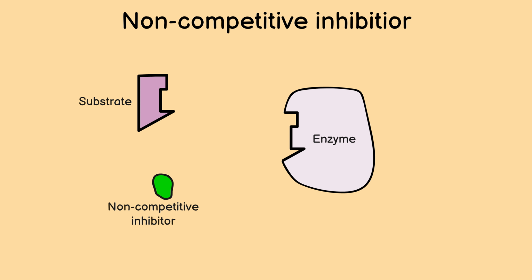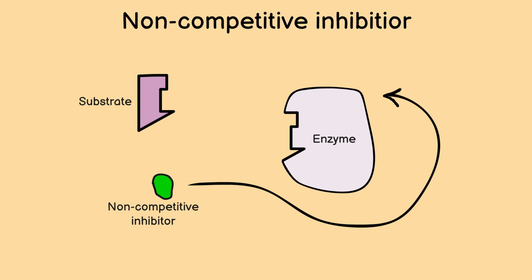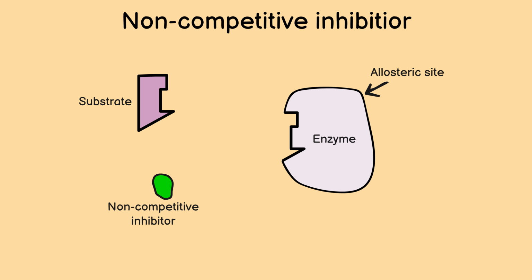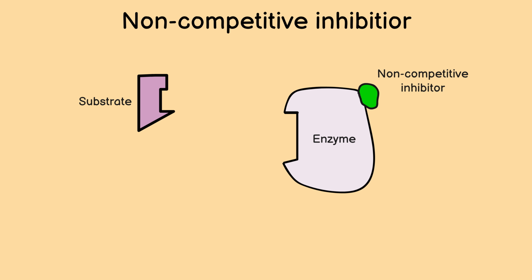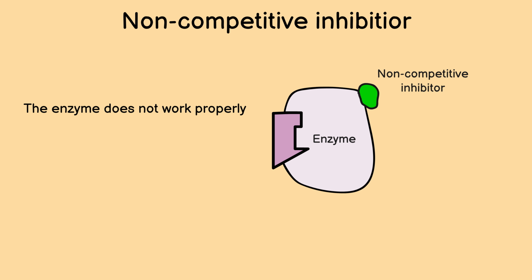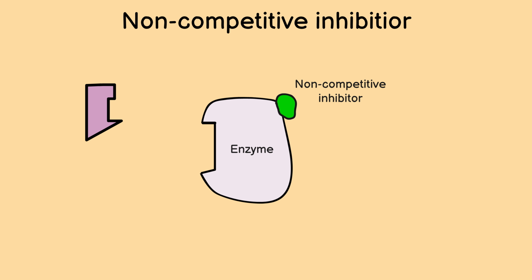Next, we have non-competitive inhibitors. These don't compete for the active site. Instead, they bind to a different site on the enzyme called the allosteric site and cause the enzyme to change its shape. As a result, the substrate does not bind with the enzyme, or even if the substrate binds, the enzyme doesn't work properly. In this case, adding more substrate will not counter the effects of inhibitors because the enzyme